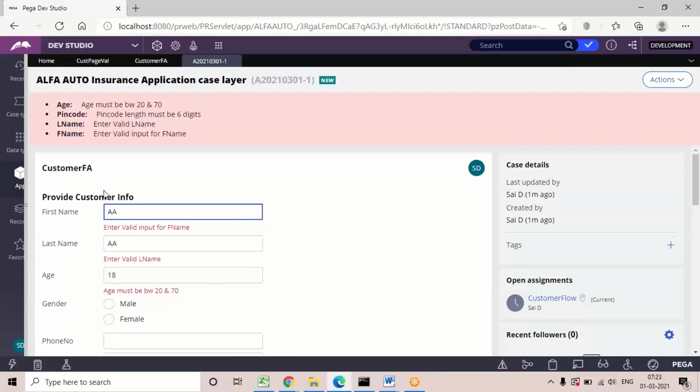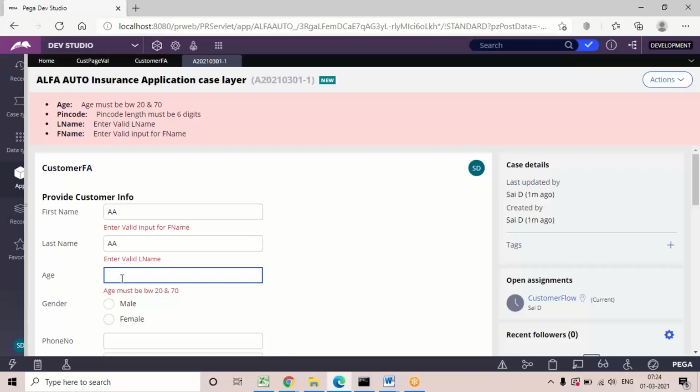Both the inputs are the same for first and last name. This is the validate message, and this one we defined earlier for constraint, right? It is also reading the constraint condition, so it will throw the message for last name too. And for age, if you verify, the value is 18.